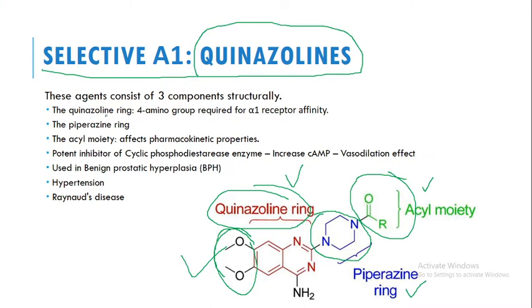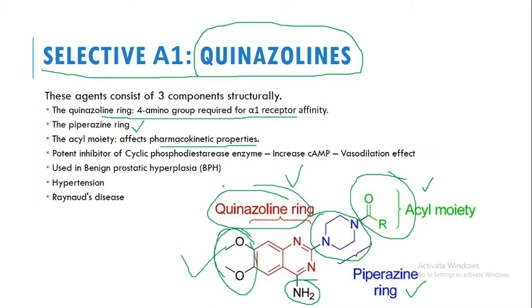On the quinazoline ring, the 4 amino group is required for alpha 1 receptor activity. So that means on the quinazoline ring this amino group is required for alpha 1 receptor affinity. The piperazine ring is also there. The acyl moiety is basically for the pharmacokinetic property, and